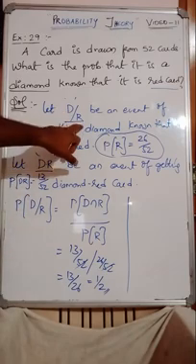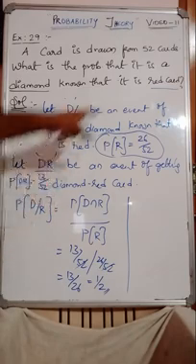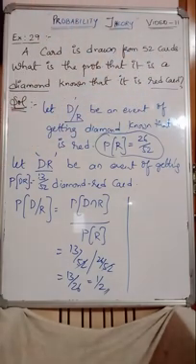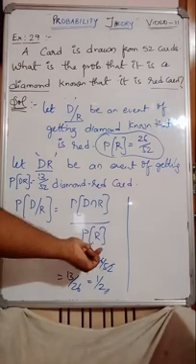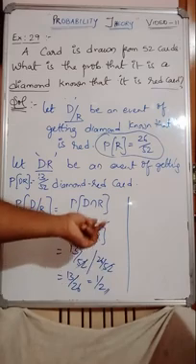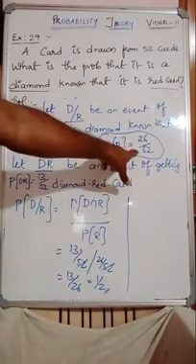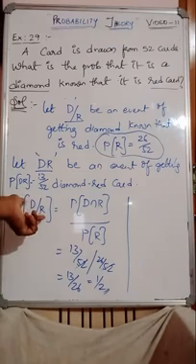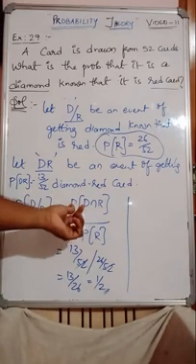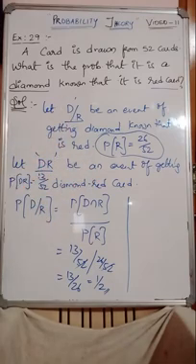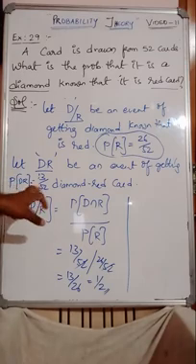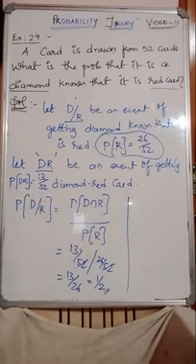So D given R, D and R, and the known part, probability of R. Remember, these three things are very much important. So this has to be calculated. D given R means the given part should be taken as the known part. So that's why the probability of red, probability of getting red, will be 26 by 52. Next, the combination of D and R will be the numerator. In red color, diamond cards, how many will be there? 13 will be there. Therefore 13 by 52. Substitute here: 13 by 52 by 26 by 52. You'll be getting 13 by 26.